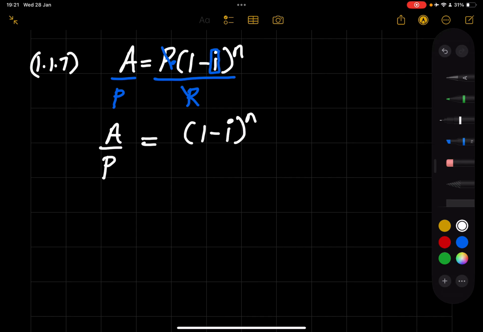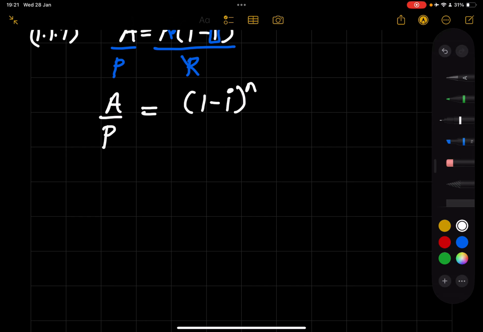And then from there, we want to remove the n, right? Because we want to get inside, we want to get to the I. We want to get to the I. So the n is currently outside the bracket, right? So what we're going to do here is we're going to